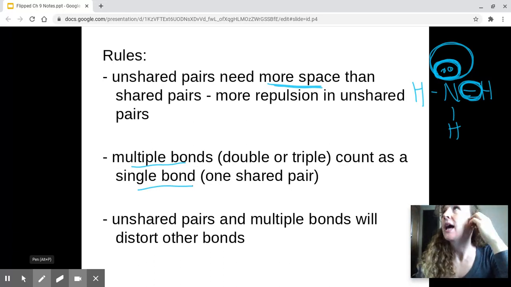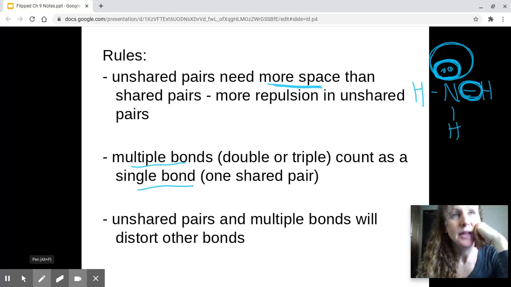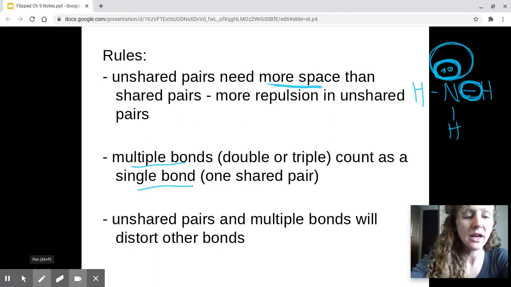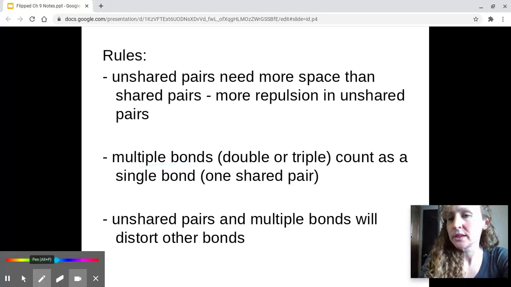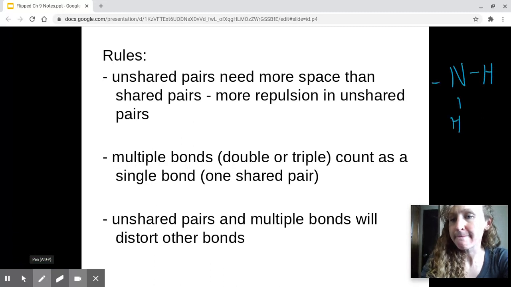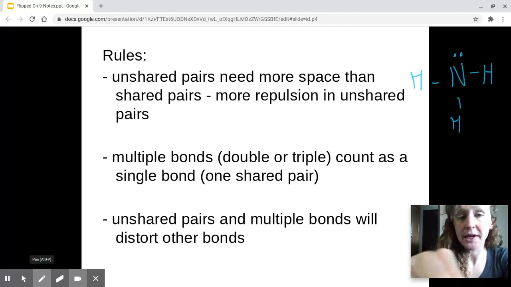I can't come up with one molecule that contains all of it, but if we go back to ammonia versus carbon dioxide,